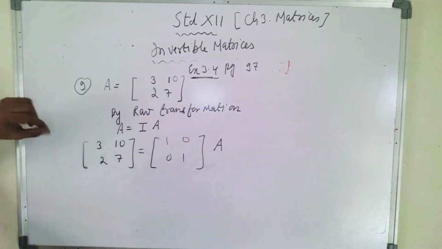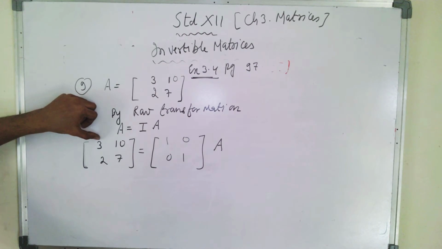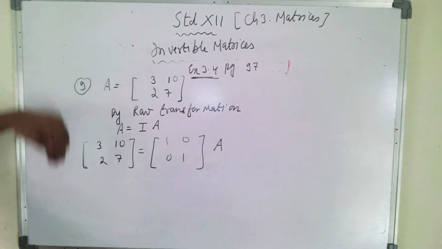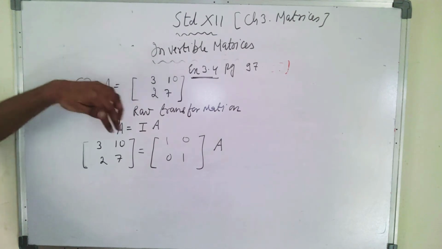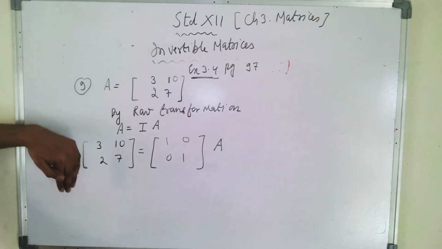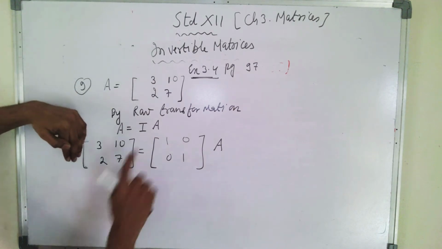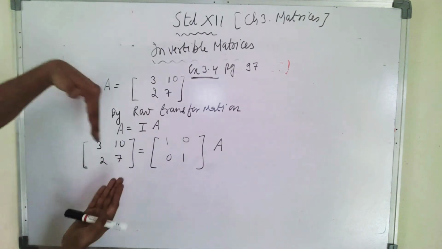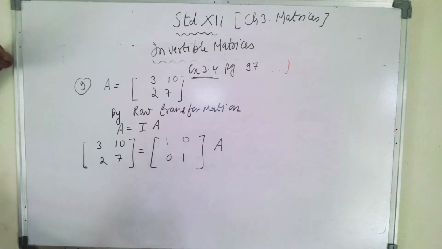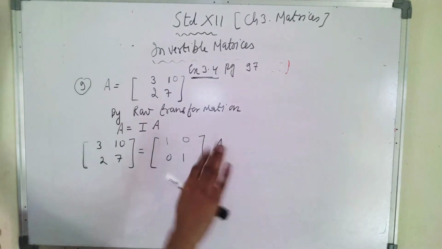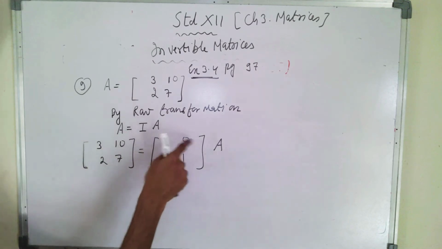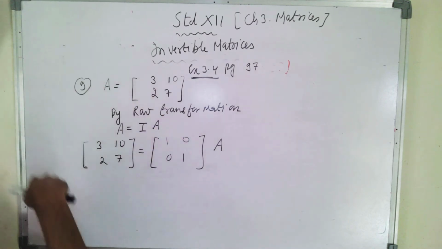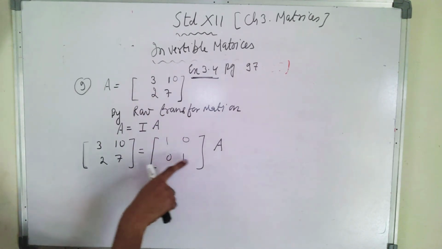Now if I have to make this 3 as 1, because I am going to hit the column. Again I am repeating, row transformation means you have to hit column 1. Once column 1 is changed to 1, 0, then you will go for changing column 2 to 0, 1. And it is the other way around when you are going for column transformation, you have to change the first row as 1, 0. Once it is changed, then you have to touch the second row to transform it into 0, 1.